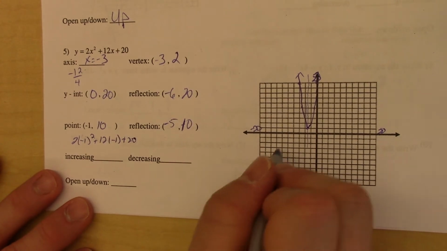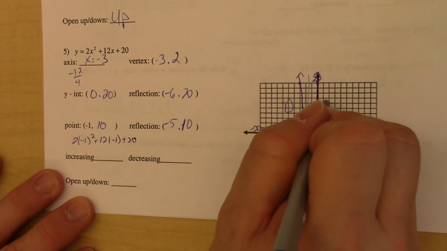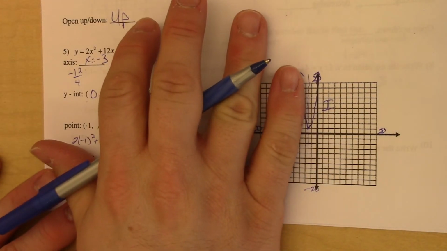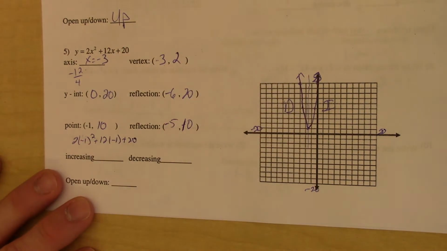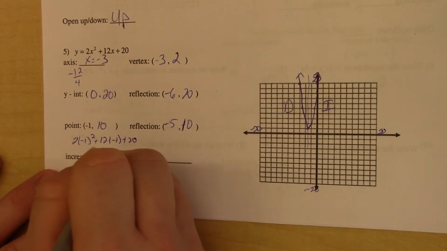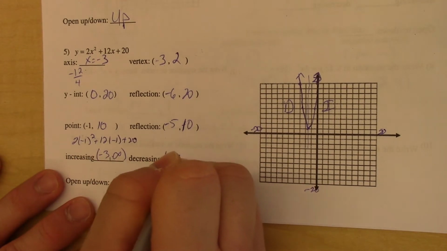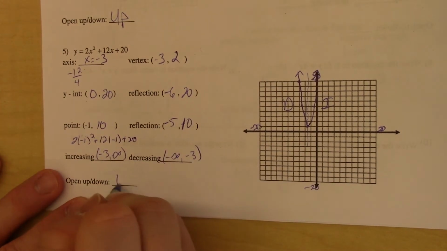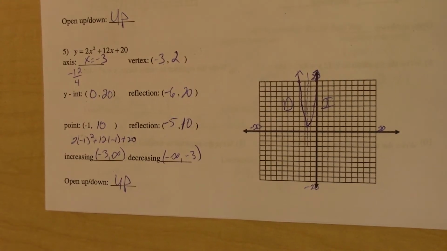It is decreasing on this side and increasing on this side. Again, I cover up that side and I say, oh yeah, look, that side's going up. So I've got my increasing from -3 to infinity, and I've got decreasing on that side, and of course this is opening up. Okay? A couple more here on the next page